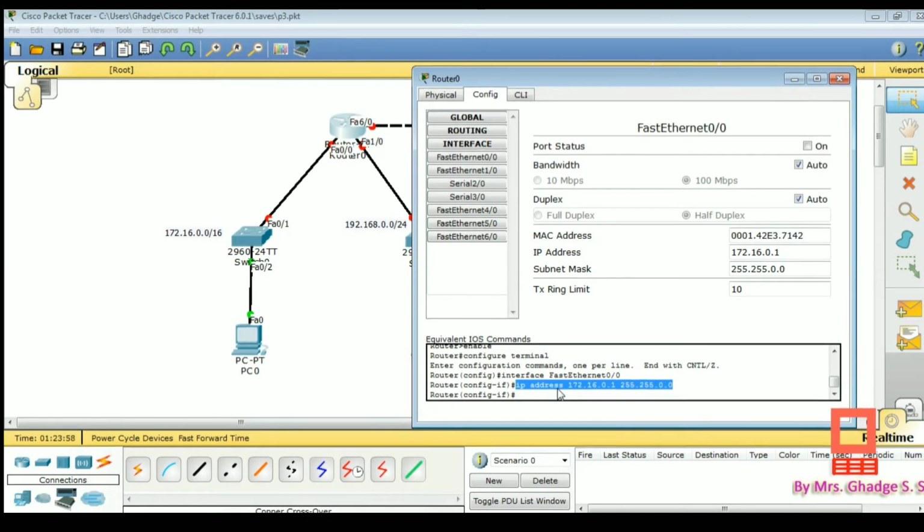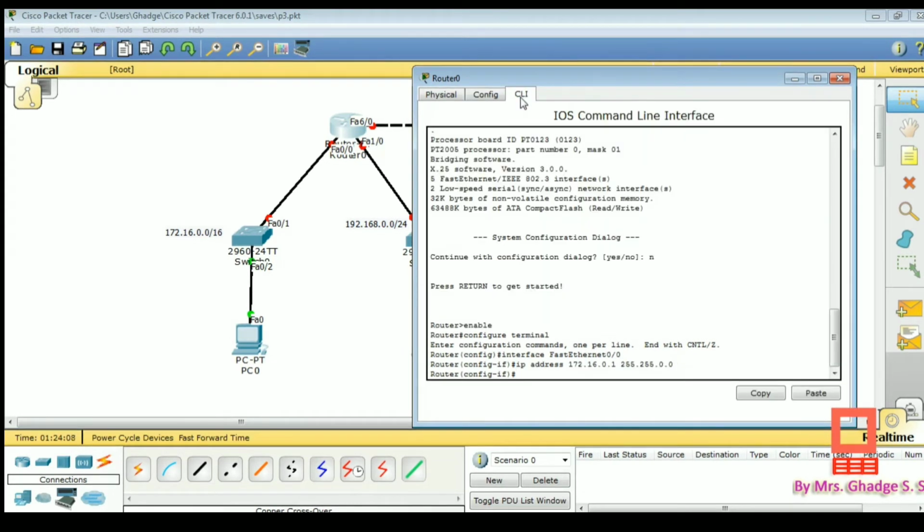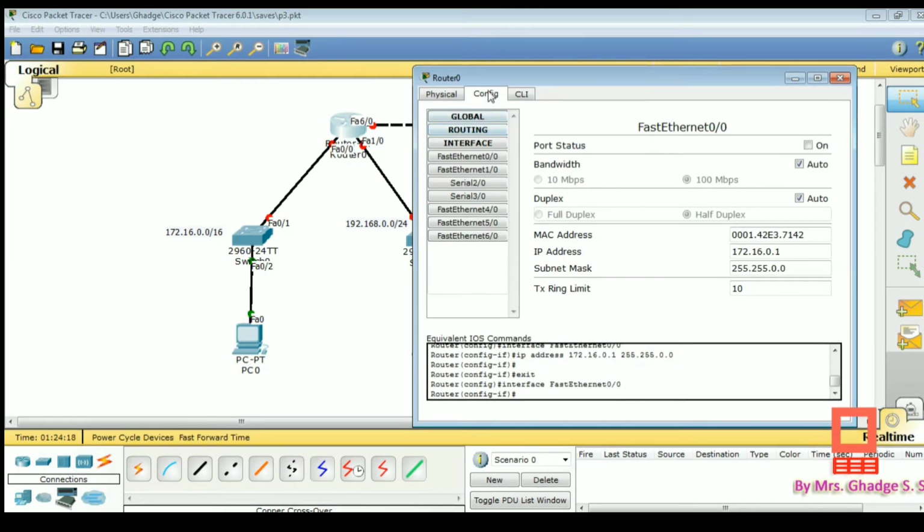Okay, so this is the command which is automatically generated when we write the IP address here. You can see this command also from the CLI, that is the command line interface. So here is this command. Either you can configure by using commands or by using this GUI, that is the config tab.